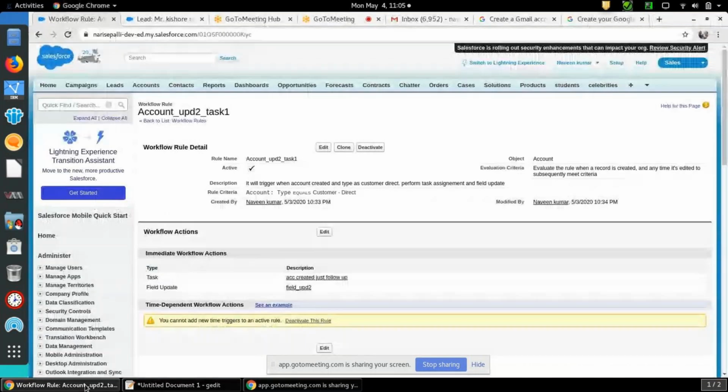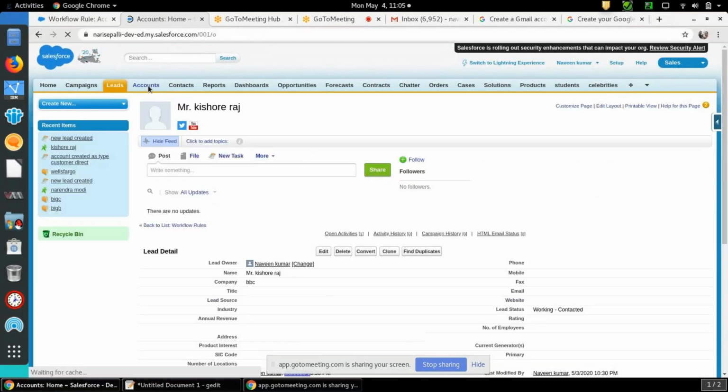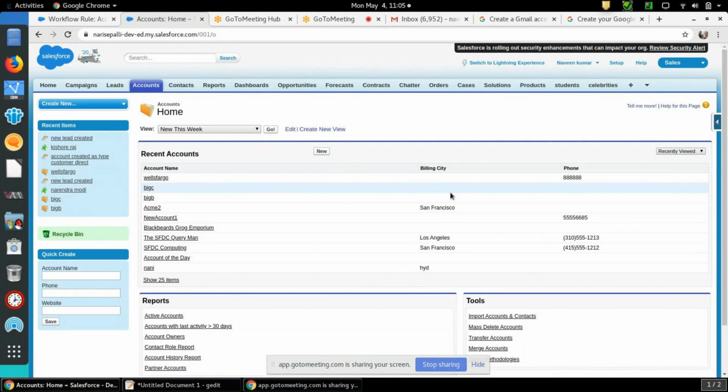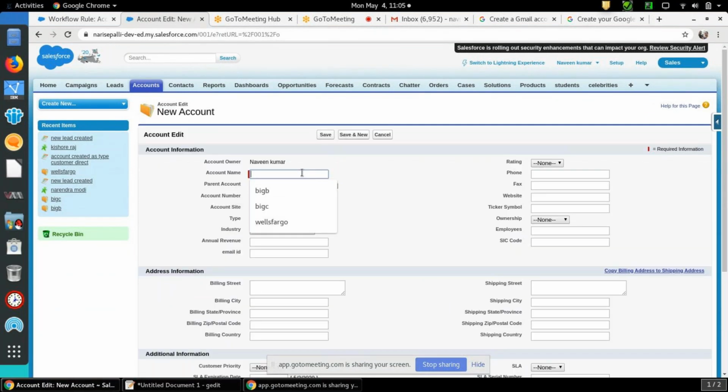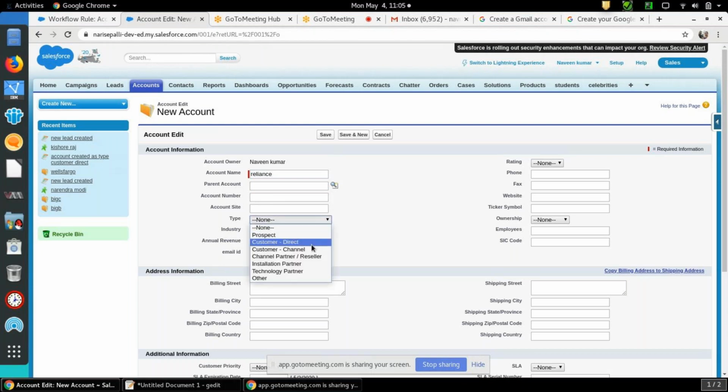Go to account tab, click on new. I'm mentioning account name as Reliance. Okay, and type I am selecting as customer direct. So once I select customer direct, this ownership field should automatically update to private.